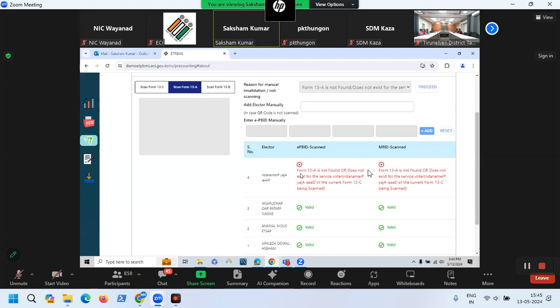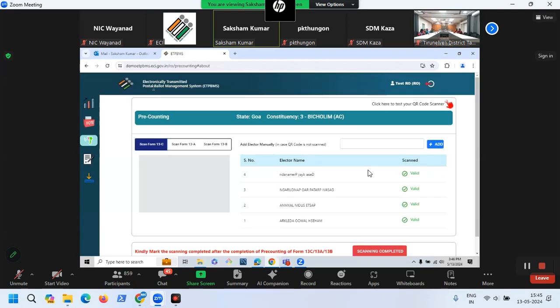So you have to check if any of the counting supervisors see a red text or icon on your screen, immediately call your ARO and tell him, sir, madam, here you can see this, it is showing that it is invalid because it is not present. So our ARO will check and satisfy himself and then mark the reason why you are invalidating this ballot. So at the back of form 13C, you have to write the reason for invalidation and put it in the invalid tray. All right, then I'll scan next.